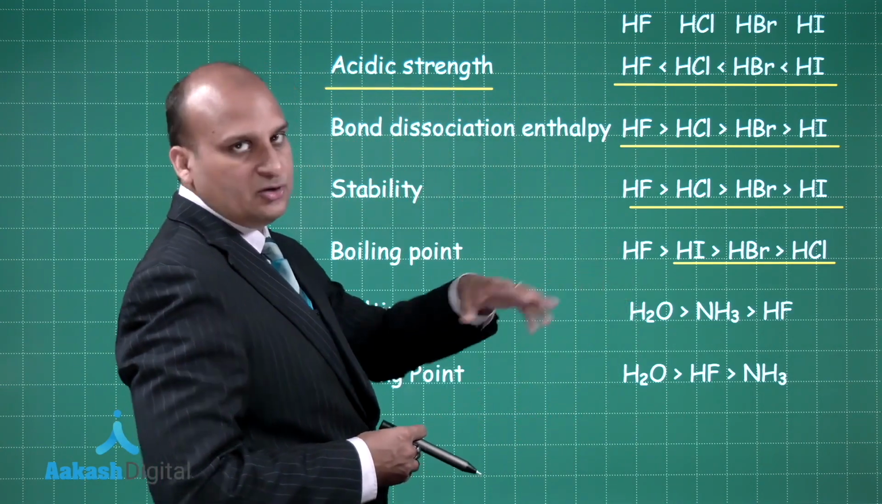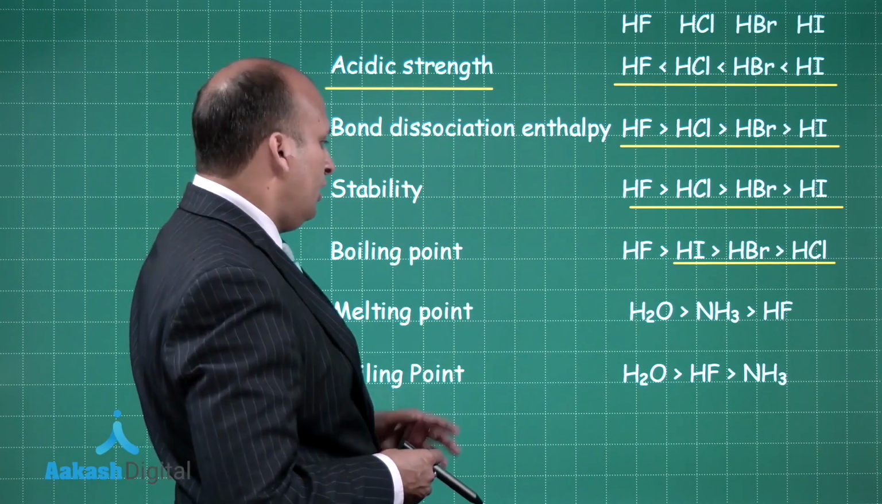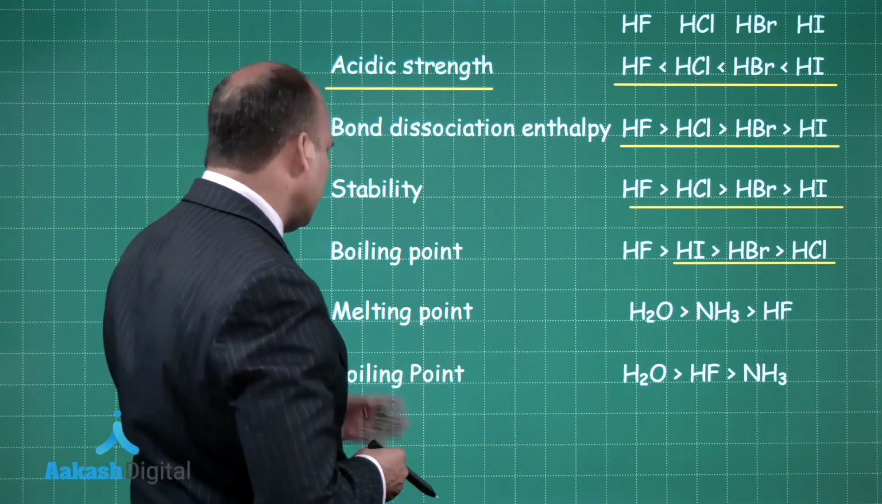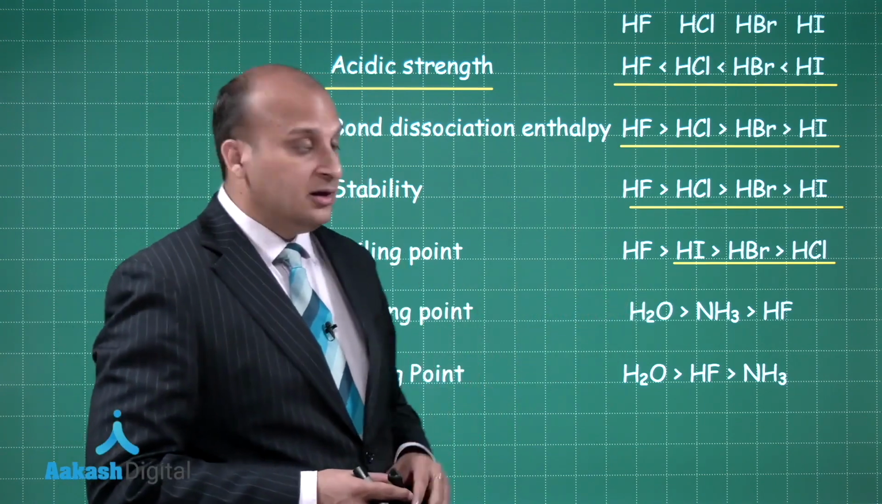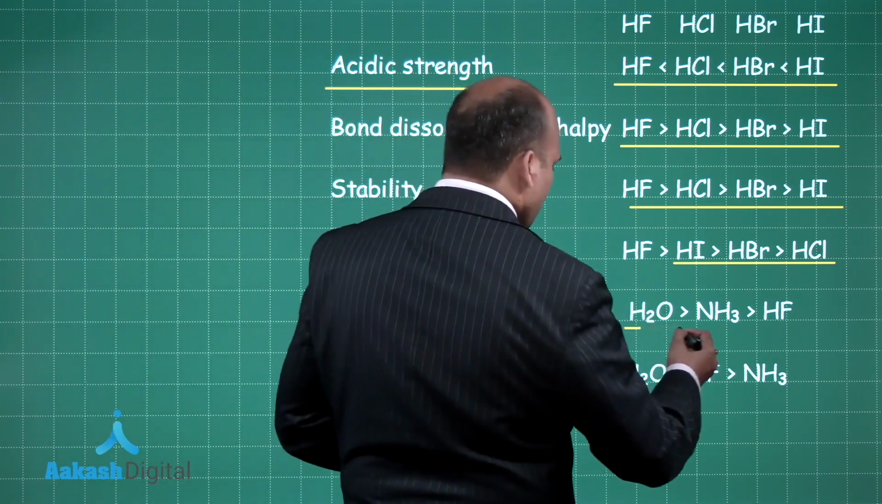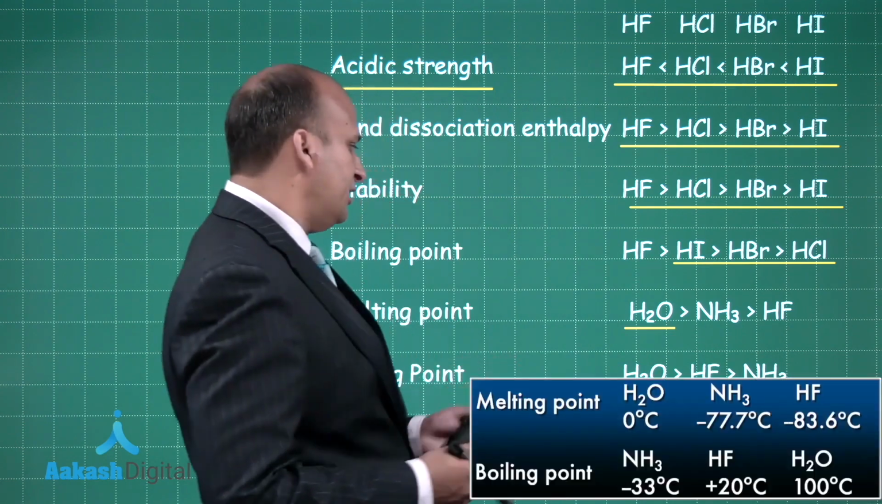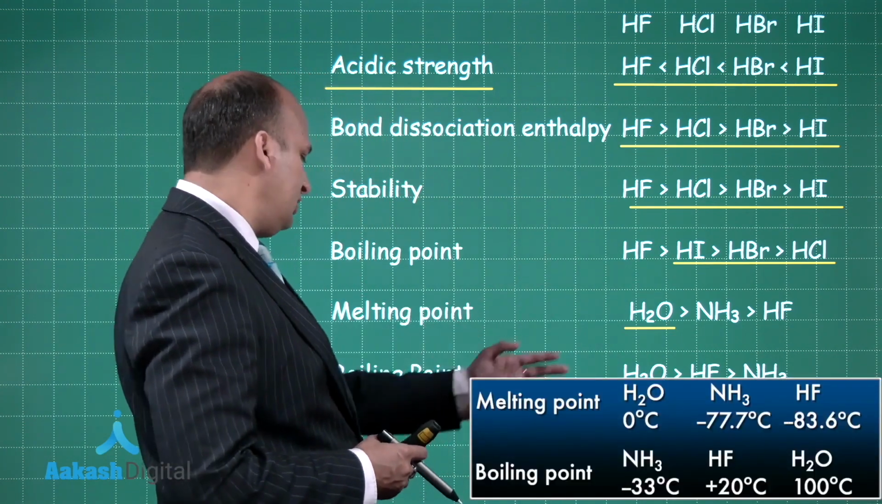Why HF is at the first? Because of hydrogen bonding. Now these two questions have been asked in the exams regarding the comparison of melting and boiling point of H2O, NH3 and HF. In any case, H2O is having the highest value because the melting point is 0 degree, boiling point is 100